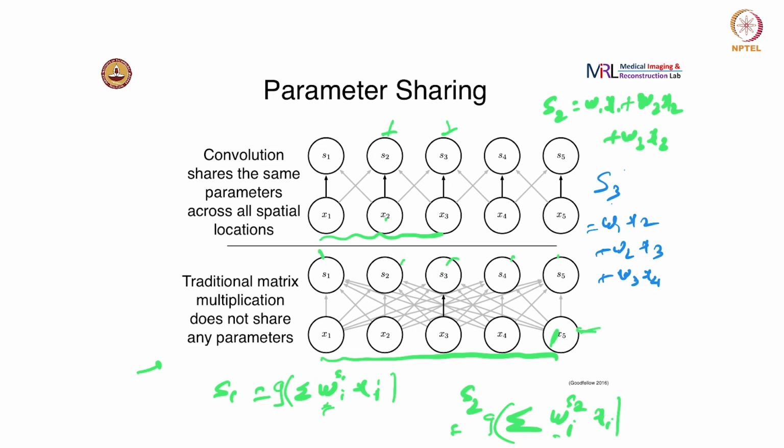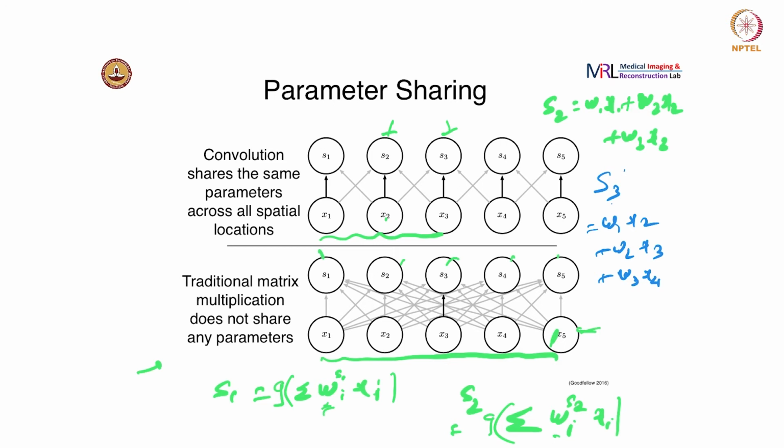Once again, I'm ignoring the non-linearity. Those things remain the same when you go from fully connected to convolutional neural networks. The processing is the same: the linear combination followed by non-linearity remains the same from feed-forward neural networks to convolutional neural networks. The only thing that we are doing, as we saw earlier, is